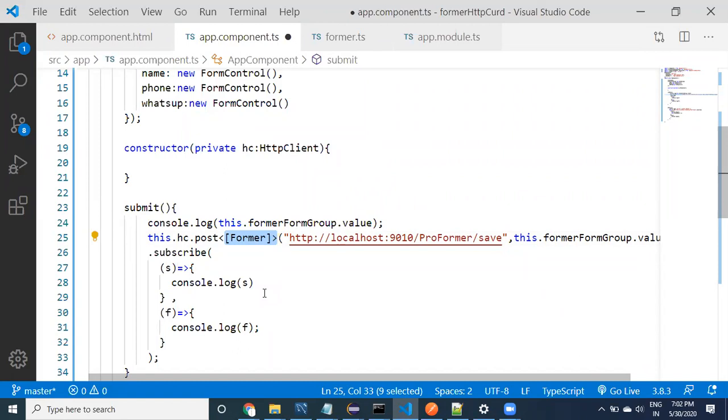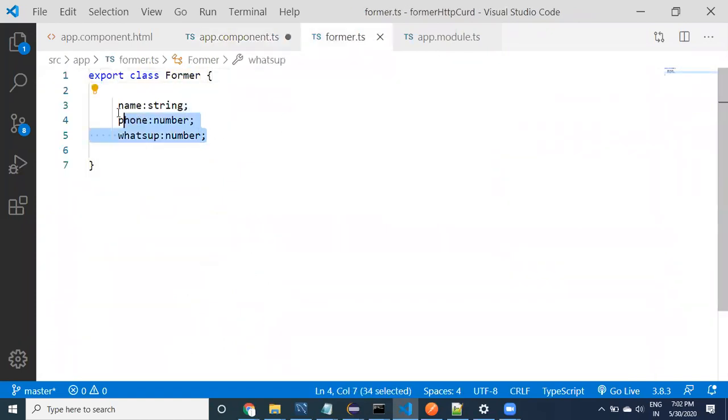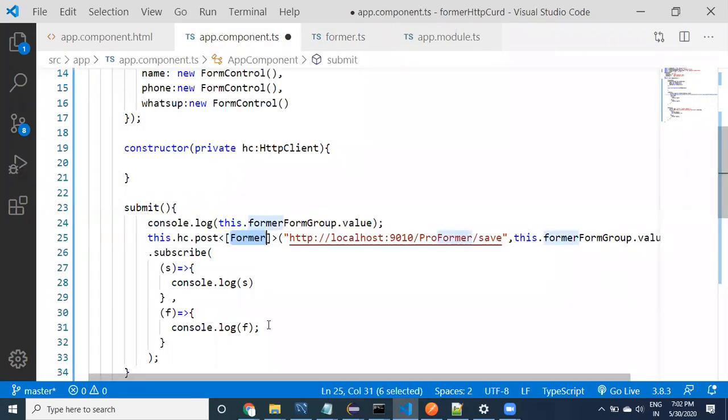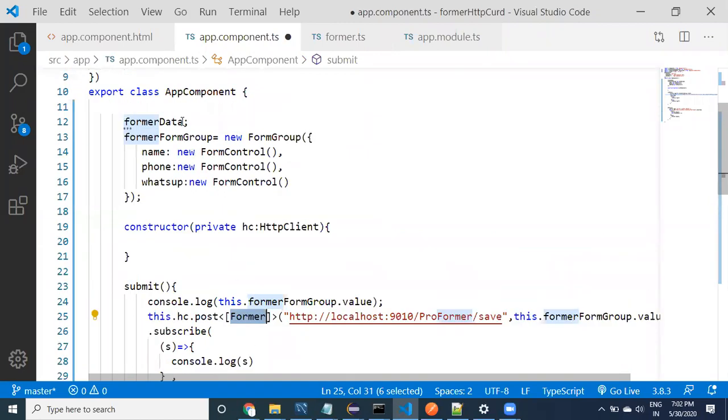But the thing is, you are going to have less readability and less enhanceability. That's why by looking at this, we can immediately see that we are going to get an array of farmer data. Inside the farmer data, you can see what kind of data we are going to receive from the backend. Not only here, I'm going to apply this type here also. Let's look at it, guys.